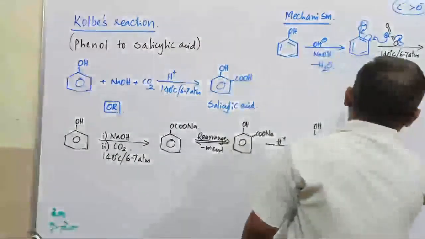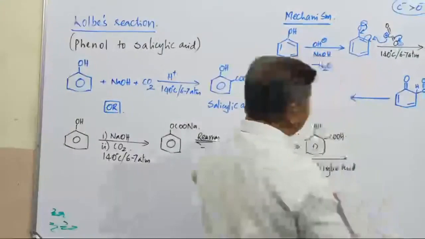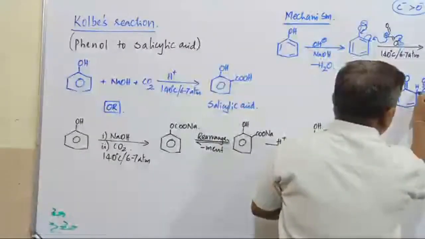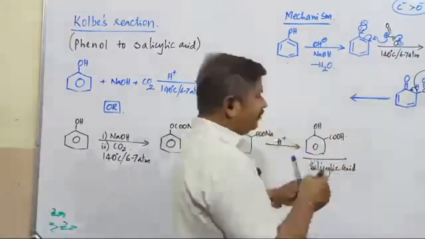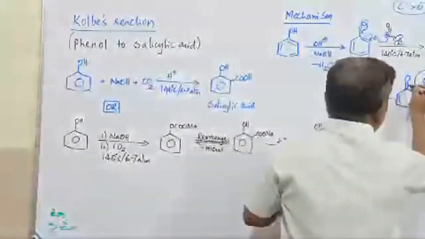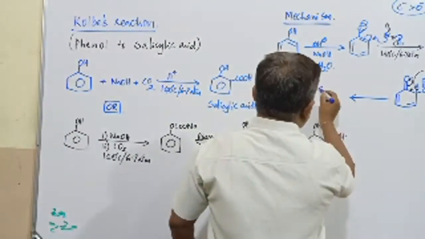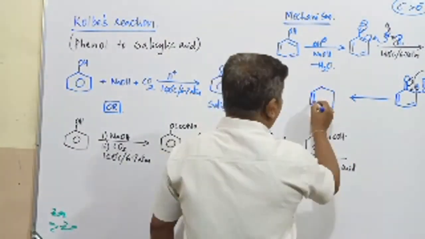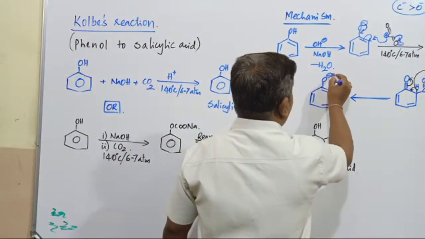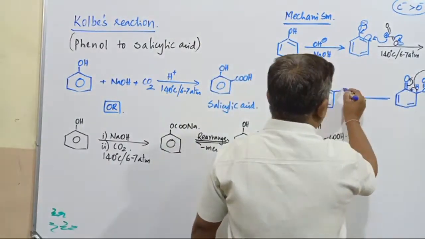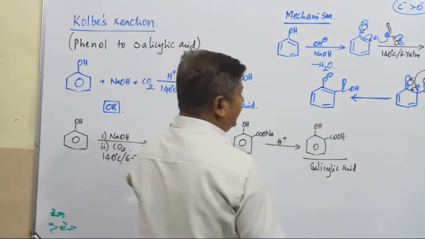So this compound is not an aromatic compound. To retain the aromaticity, what happens here? These electrons of the carbon-hydrogen bond are shifted over this one, and this H plus is added to the oxygen atom with negative charge. As a result, these 5 electrons are shifted over the oxygen atom. So the next molecule obtained has double bond here, double bond here. Next one, this is also going to be double bond. It is O minus, right? When this H plus is added to this COO, this is OH. Now the molecule is going to be this one, COOH is obtained.